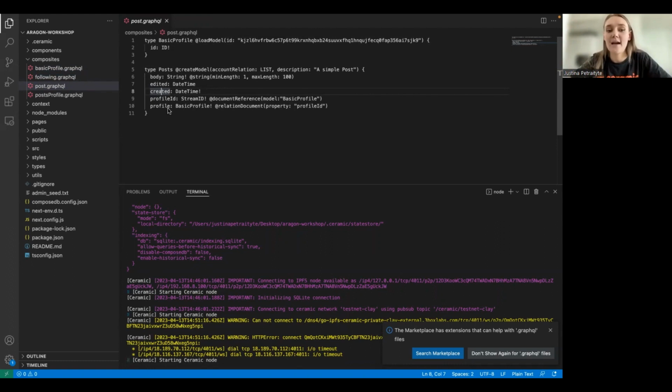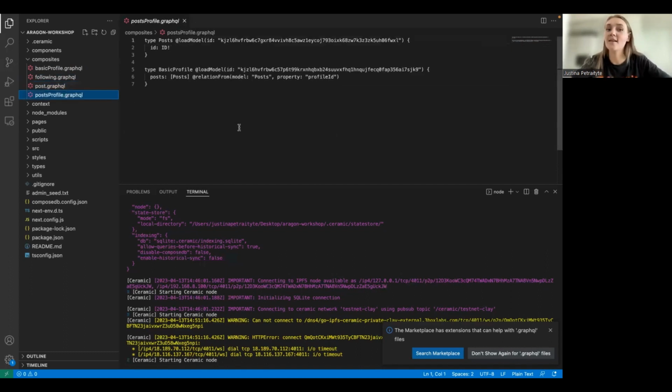And also we define which property will be used to create that relation. In this case, it will be profile ID. We will have a profile ID that is here, and we will be attaching that profile ID to posts that are created by the user. And then by having all of this set up, we will be able to write queries to pull data. So for example, you will be able to see what kind of posts were created by a specific user at a specific time, and so on.